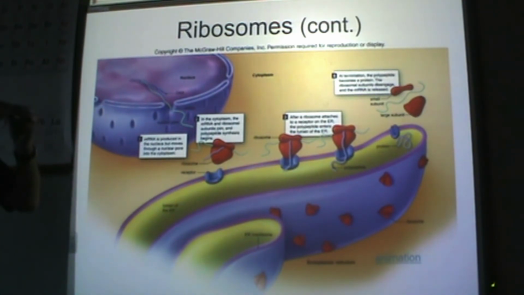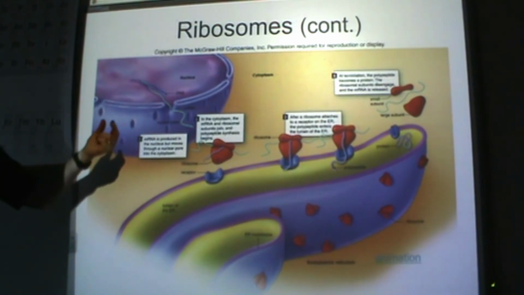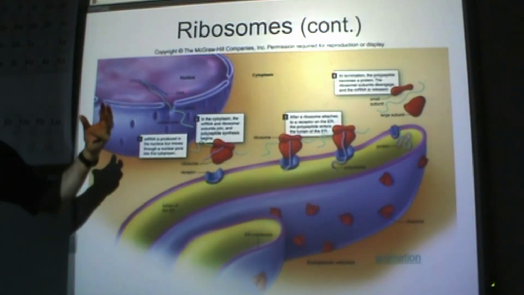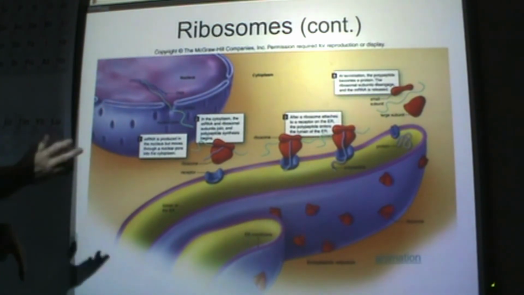shape. You have to have it in the right order. The primary structure is just having the right amino acids. There are 20 amino acids, and you have to put them in the right order. But that protein won't do anything until it's actually folded and molded into the right shape, and then it can